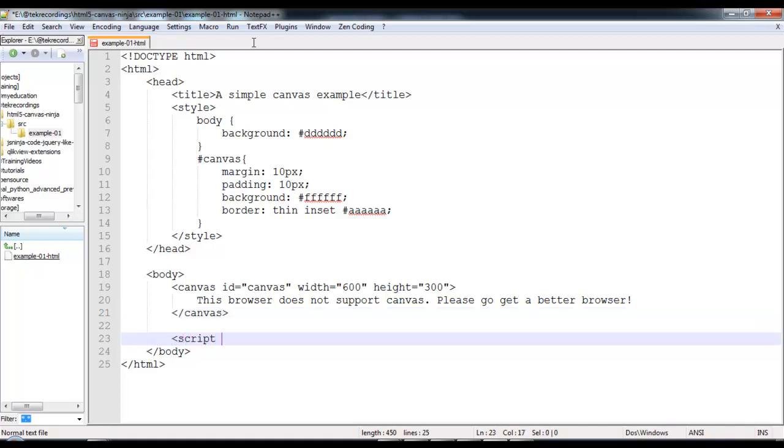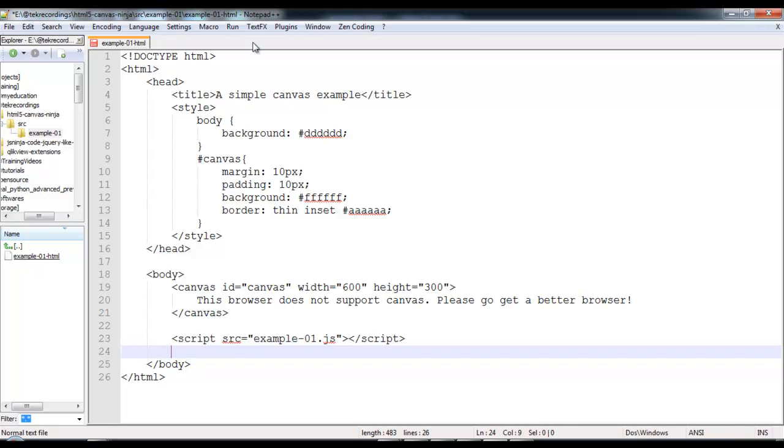Now let's add a reference to a script file that we'll shortly create. The script file will contain all the code related to the canvas. Once we add a reference to the script file, we will save the file and refresh the browser.